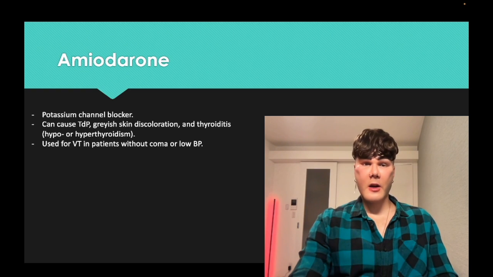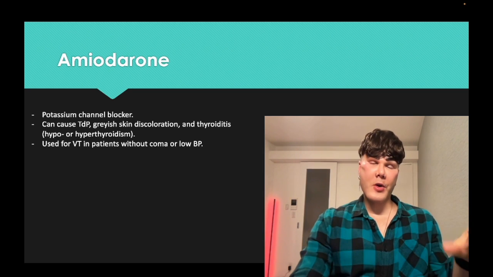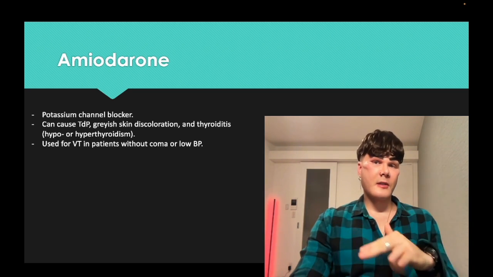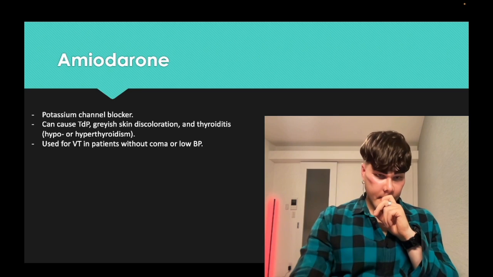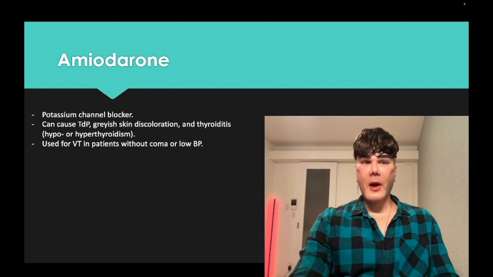Amiodarone, grayish skin discoloration, it's possible. Thyroiditis, so it can present as hypo or hyperthyroidism. And if you get thyroiditis in the setting of amiodarone where you're hyperthyroid, you'll have decreased iodine uptake in the thyroid gland. That's more of a lengthy endocrine discussion, which I talk about in my PDFs, but you got to